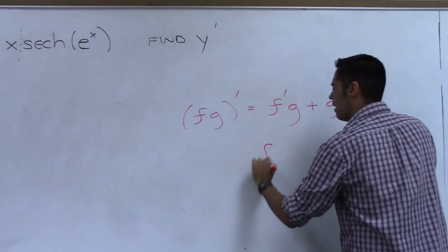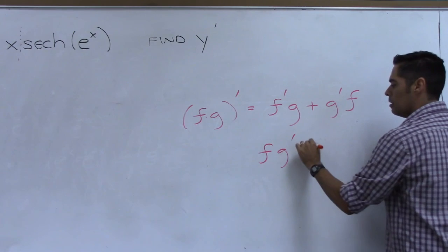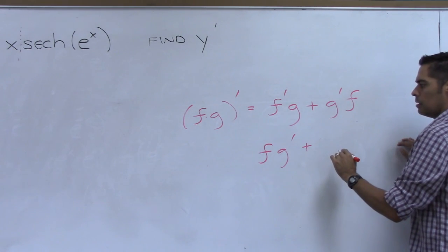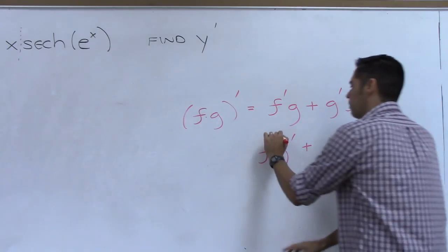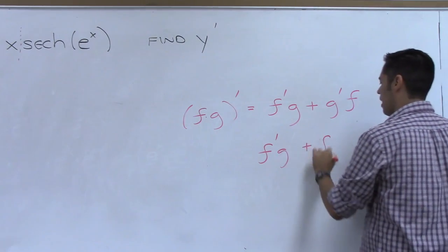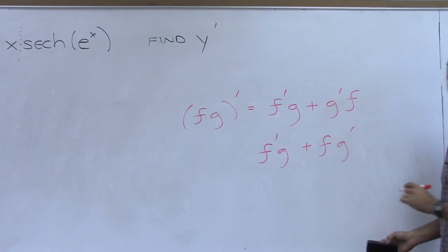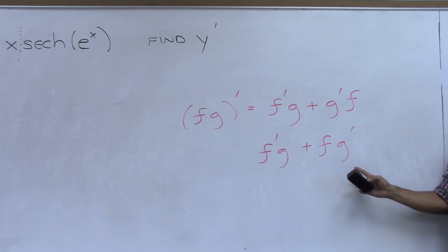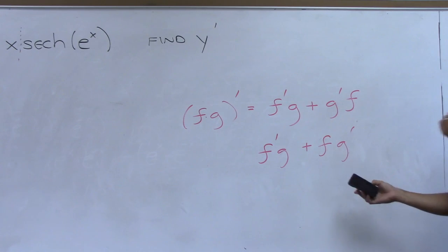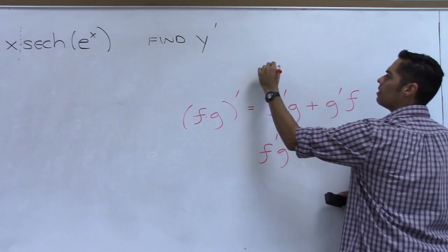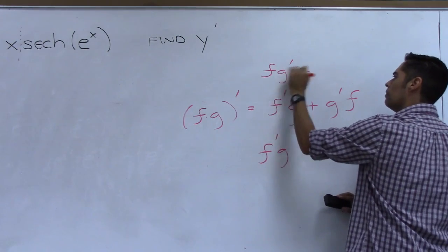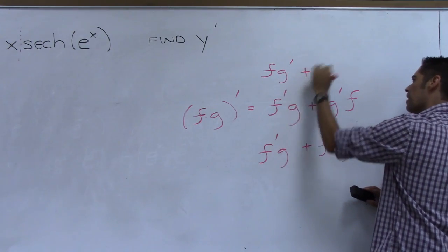Okay, so you learned F times G prime plus F prime G. Oh, F prime G plus F times G prime, like that, okay. Anyone learn it any other variation? We were talking, and someone else had learned it like this. I think it was FG prime plus GF prime.